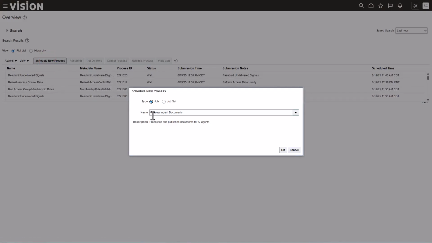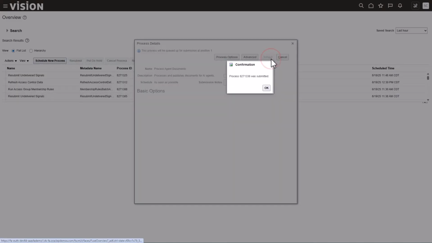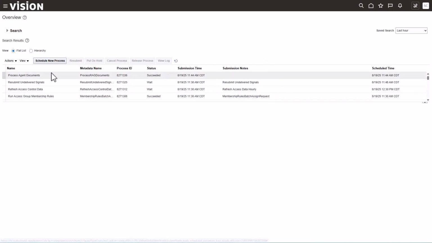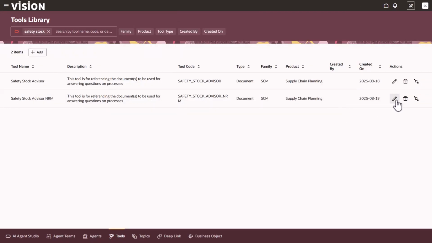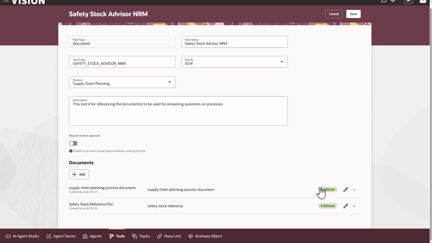We're searching for a process called Process Agent Documents. Submit that job. This job is finished successfully by processing those RAG documents. Return back over to AI Agent Studio. With our process complete, we'll return to AI Agent Studio and we'll take a look at this tool, and we can observe that the documents that we published have successfully completed, and now we can move on to testing the tool itself,